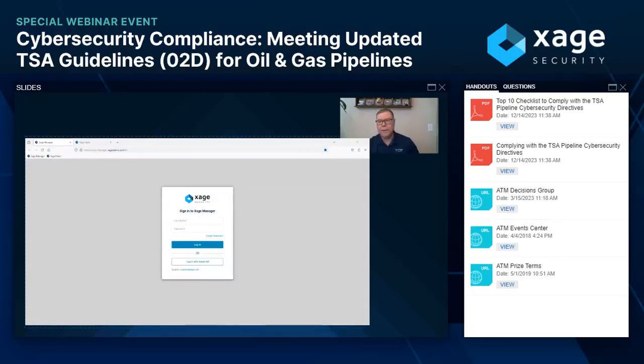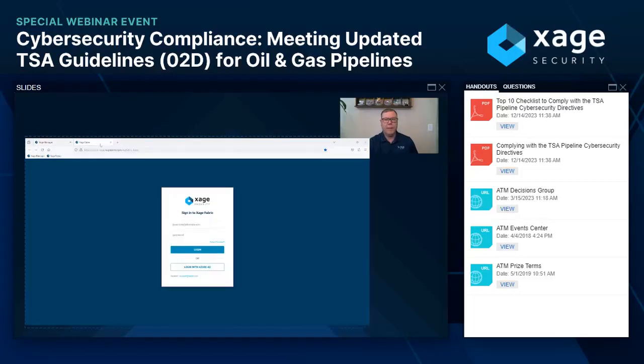So this is the Xage platform and the way that, what I'll say, humans interact with it. It is browser based. So in this tab, I have our Xage Core, which is going to basically have the tools that a power admin would use, a security professional, maybe somebody who's providing access to a contractor at 3 a.m. This is where the sausage is made, so to speak. And on this menu, this is where folks are logging in and using the tool. So the first thing to do is I'll just log in with a user here, and give me 1 second to pull up their credentials.